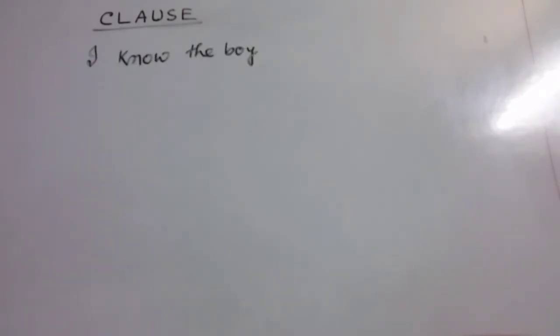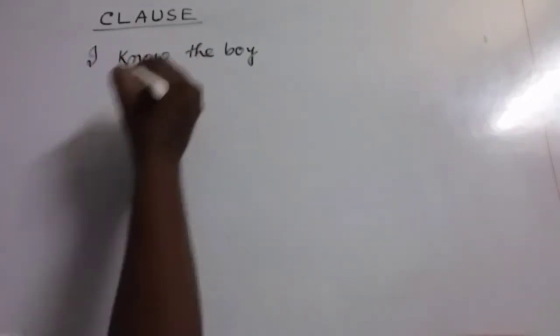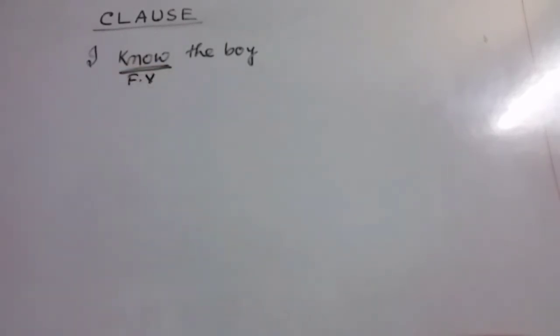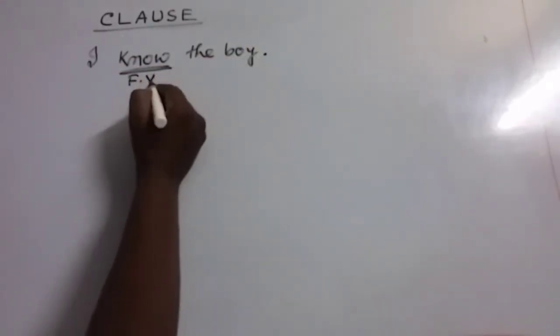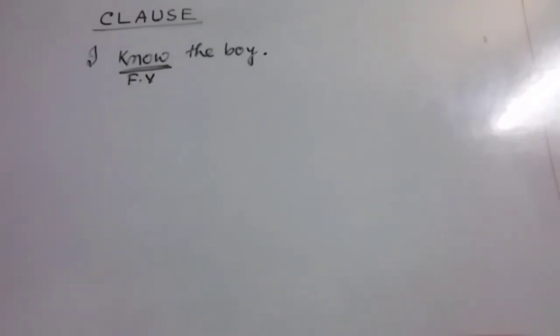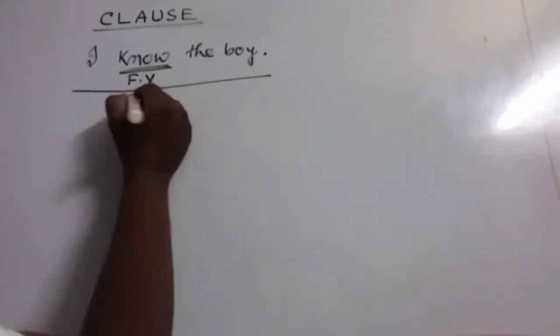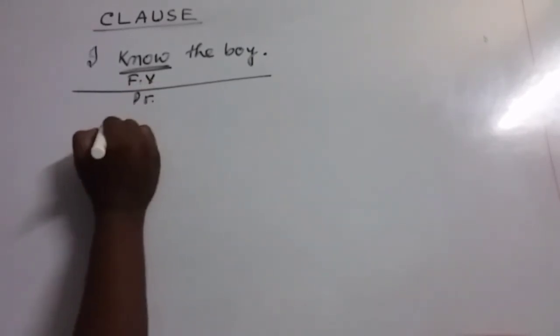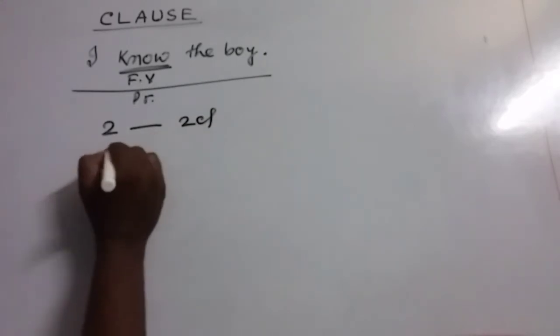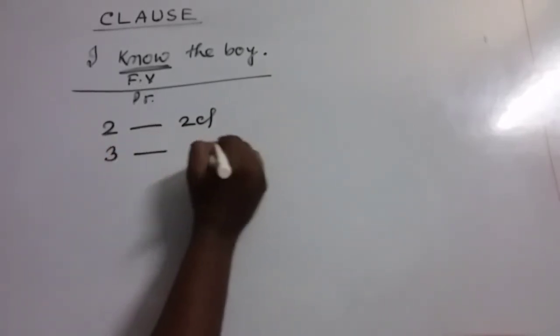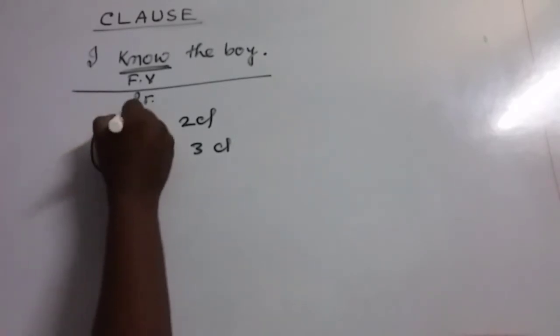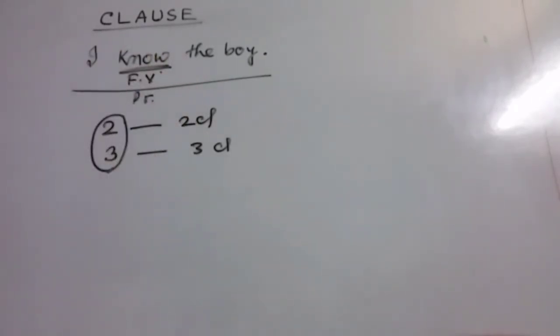In a sentence, there may be one clause, there may be more than one clause. But the fact is that if you are asked how many clauses are there, we have to count only the finite verbs. If in a sentence there is one finite verb, we can say there is only one clause, and that clause must be a principal clause. If there are two finite verbs, you can say there are two clauses. If there are three finite verbs, you can say there are three clauses. So we only have to find out the finite verbs in the sentence, and it can help you know how many clauses there are in that sentence.